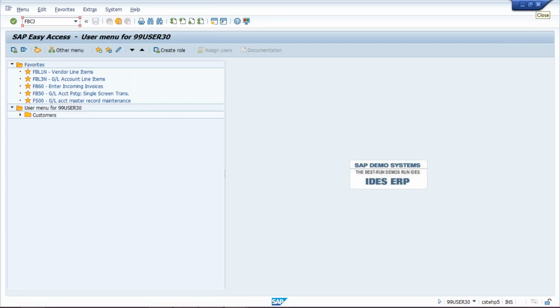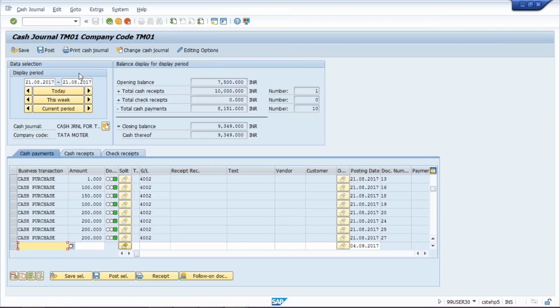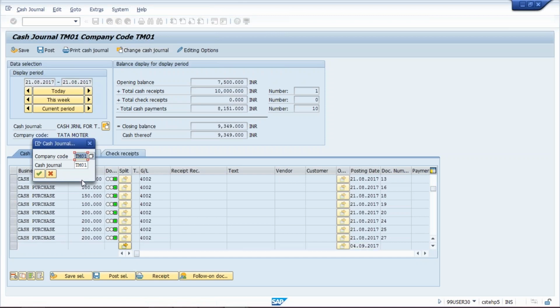FBCJ is the transaction code. Use the FBCJ transaction code, and once you enter FBCJ, a new screen will pop up.